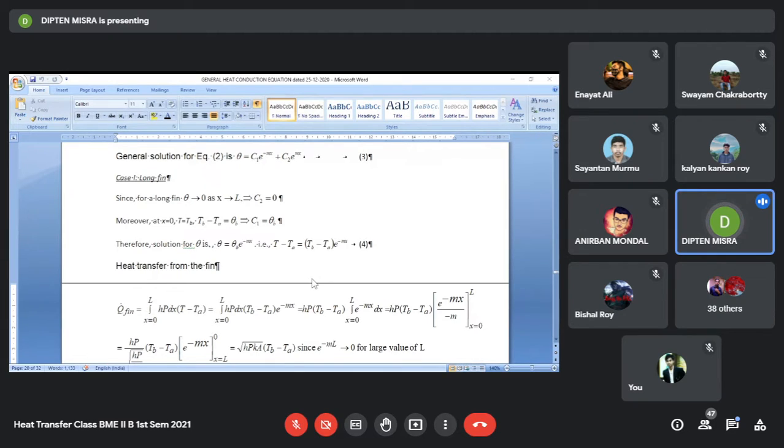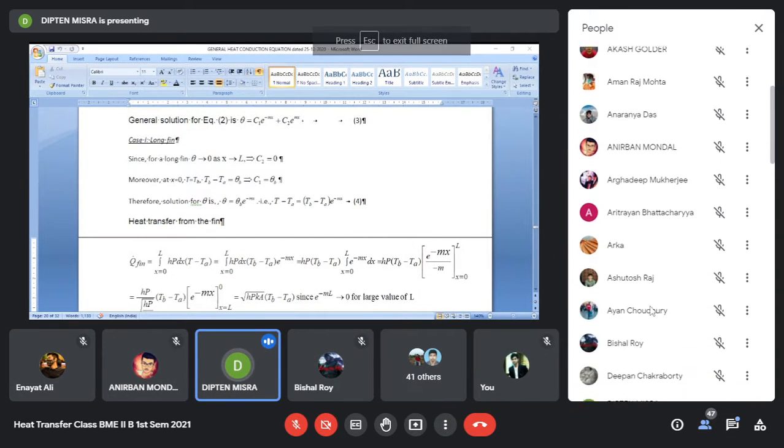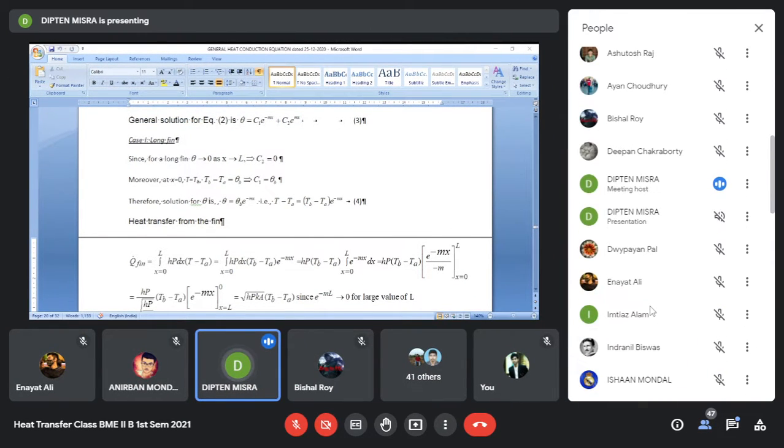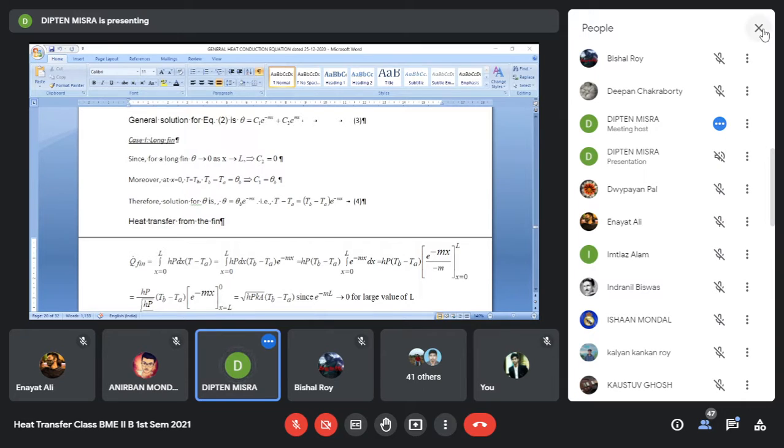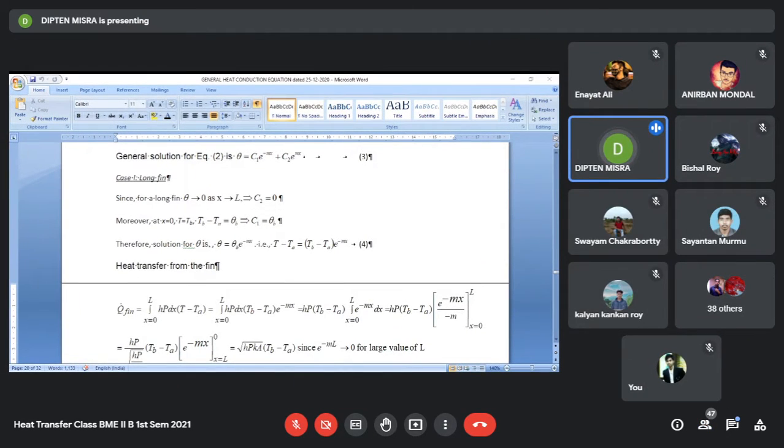So this is the x-axis, the distance from the base of the fin, is x, and on this we have the temperature. And how it will look like is the